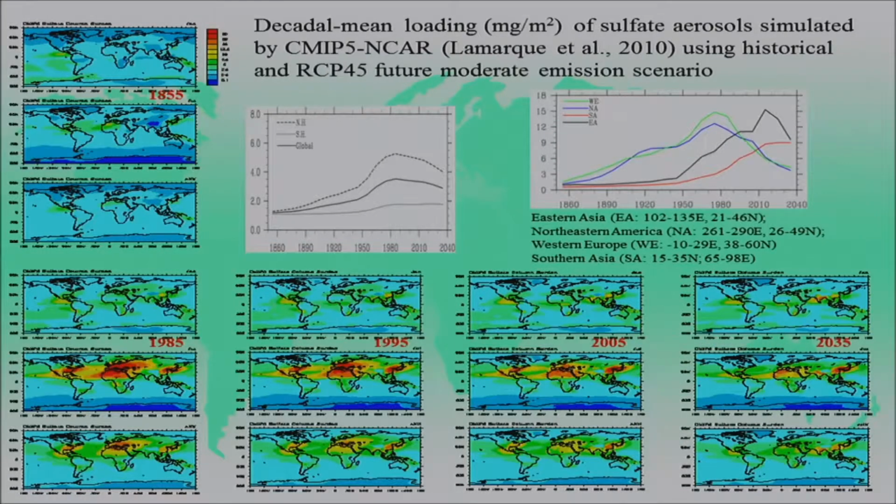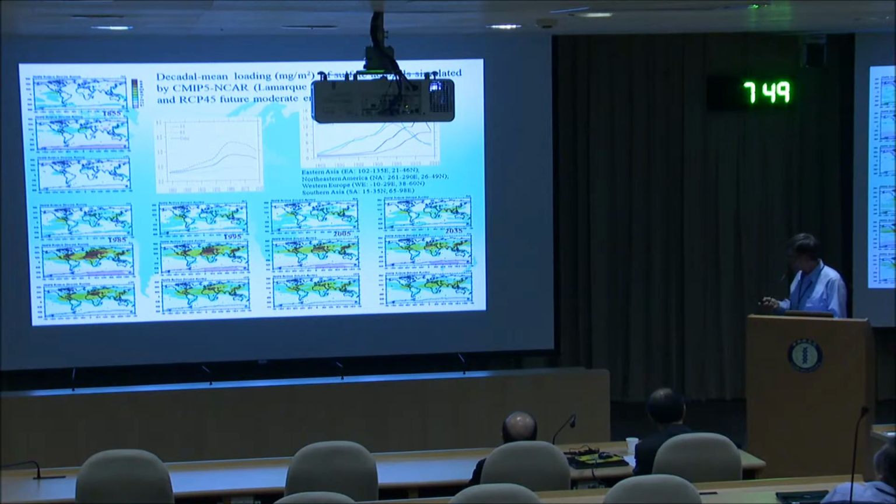emission contributions. This gives you a timeline of the atmospheric aerosol loading, for Western Europe, for North America, and this is for East Asia and South Asia. So the point here is the loading has a time evolution involved. It's not like all the northern hemisphere land area is going to increase together. There's a time delay there, and of course beyond the